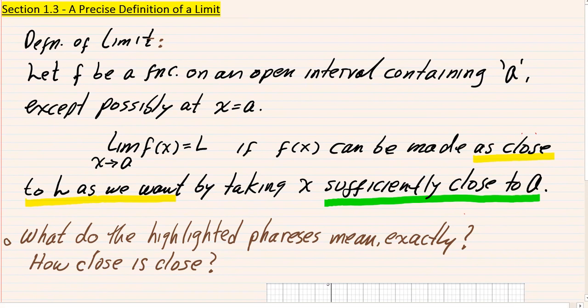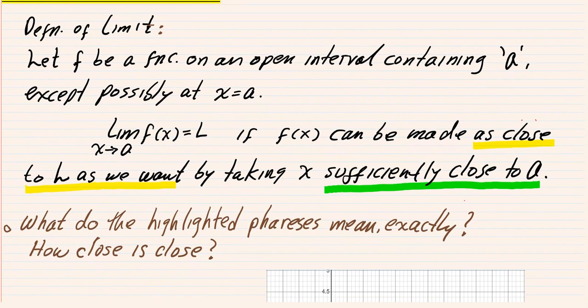Hello everyone, we are in section 1.3 and in section 1.3 we would like to give a precise definition of a limit. Now back in section 1.1, this is how we define the limit of a function. We mentioned the limit of a function if it exists. Not all functions do have limits, or I should say the limit doesn't always exist, but if it does exist,